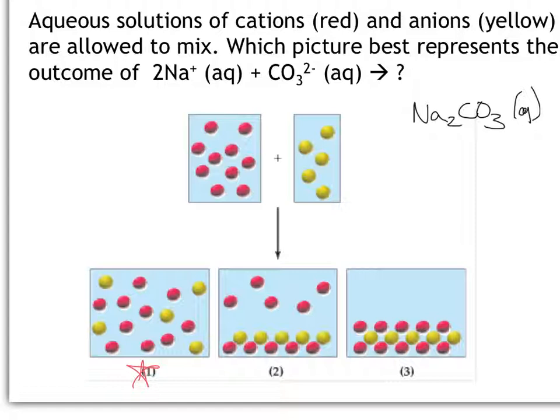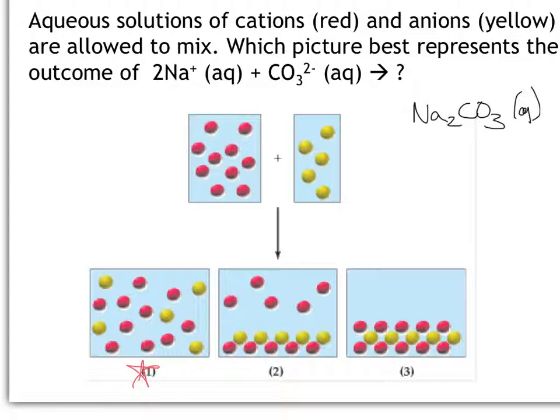So we don't want to think about there being water in between them anymore. We have these solid ionic structures now. Number 2 would be the case if we had a limiting reactant. Okay, so if you look at the ratio here, you see how there's 1 red for every 1 yellow in